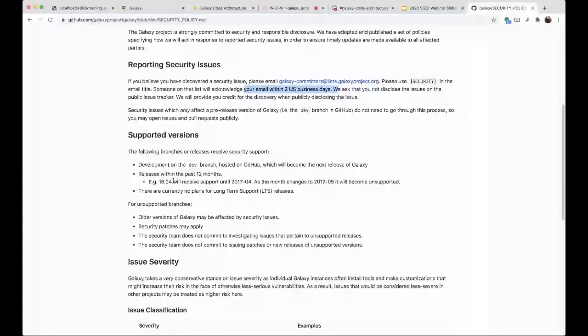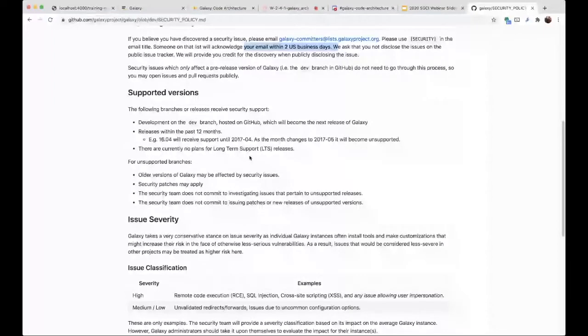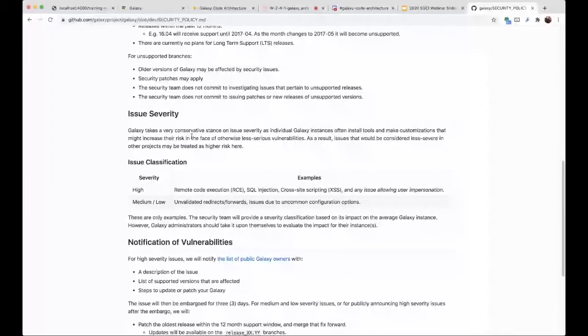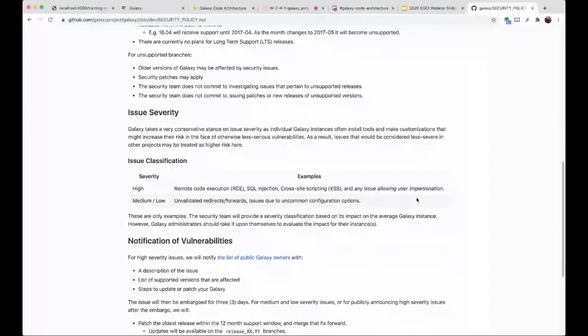There are older branches that we sometimes patch, but we have no policy of formally agreeing to patch them, if that makes any sense. It seems formal because it's in a document here, but it's a little bit nebulous and informal. But we have a severity